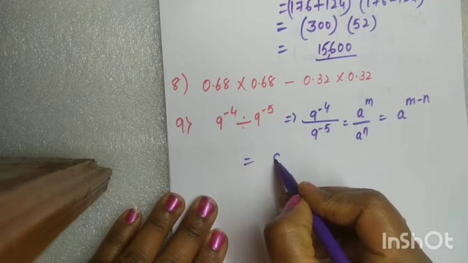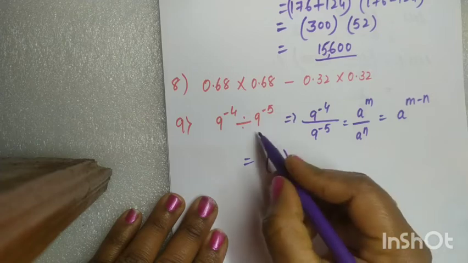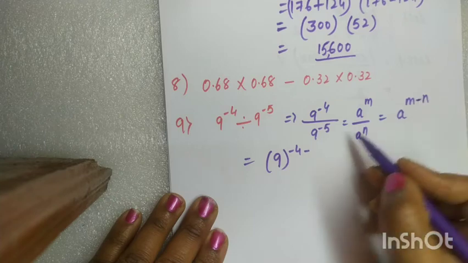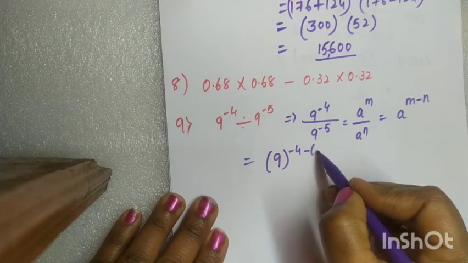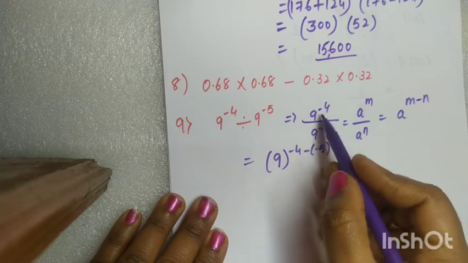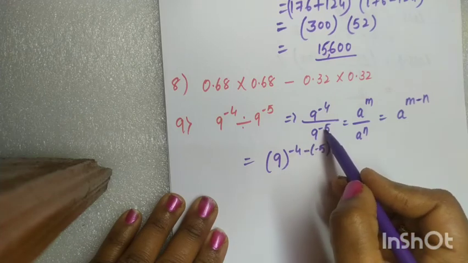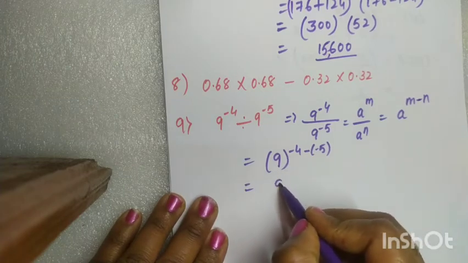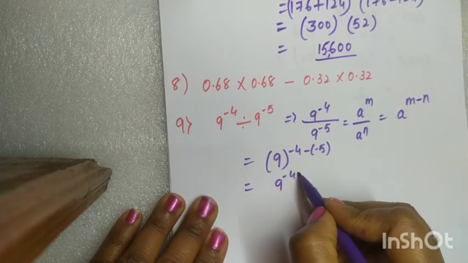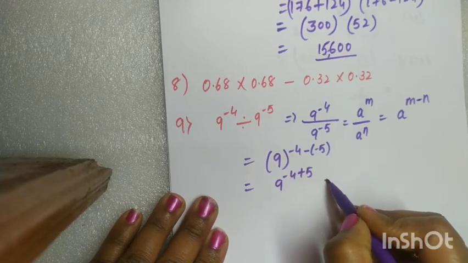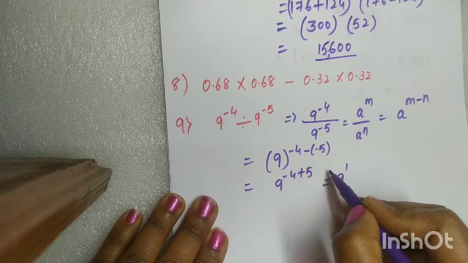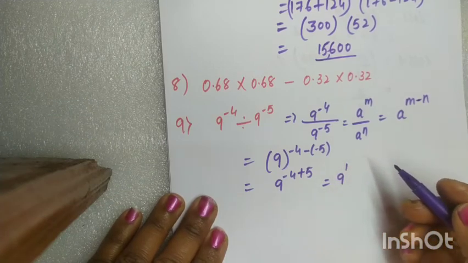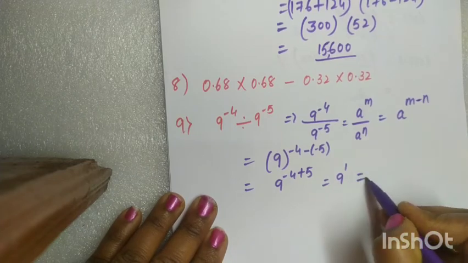So it is 9 to the power of m, where m is nothing but minus 4. The minus is there in the formula, in the identity, as it is. Again minus 5, yes? So minus 4 as it is, and the power here, n, is nothing but minus 5. So which is equal to 9 to the power of minus 4 plus 5. Minus 4, it is plus 5; you have to add the numbers. Since 5 is greater, it is plus 1. So the answer is 9 to the power of 1, which is equal to 9.